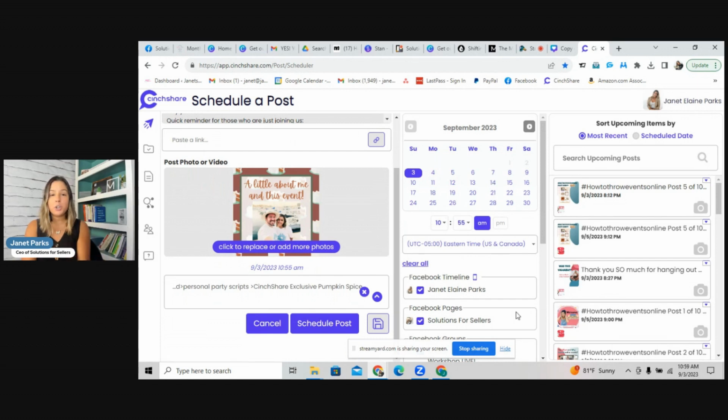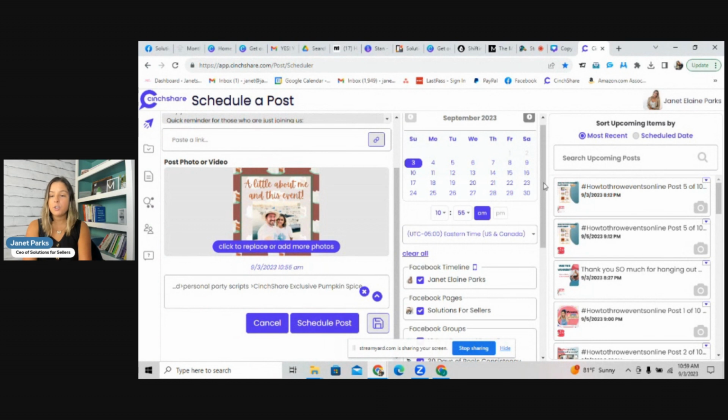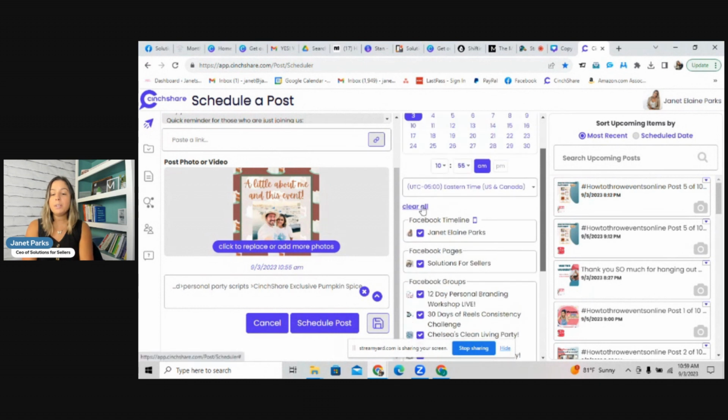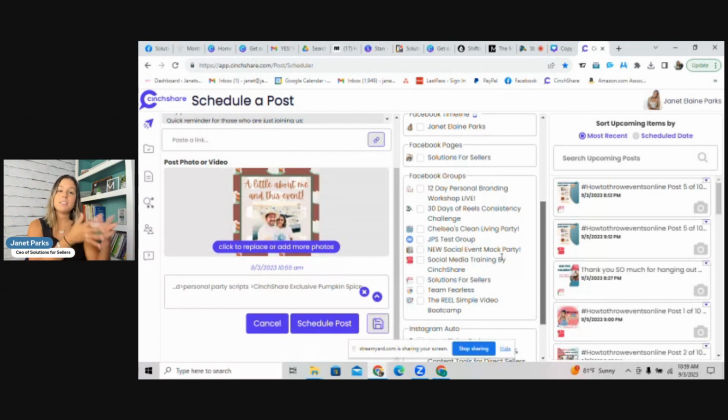So once your graphic is edited, all you do from here, you can either schedule it out to your Facebook groups. And you can see you've got a calendar, you've got a time interval, you can start it. You've got all the Facebook groups that your CinchShare is connected to, right? And you can simply select any group you want to go ahead and schedule it out. If you don't want to schedule it out from here and you prefer to edit your entire script first and then batch schedule so that you can do it all at once and just be done, then that's the way that I suggest.